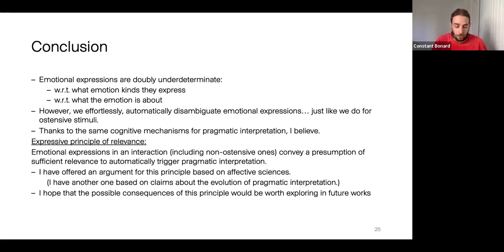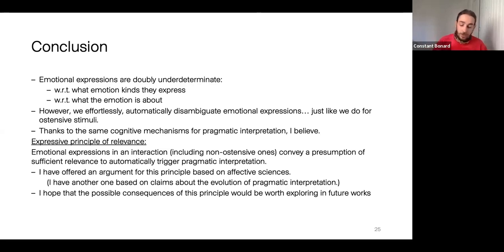I reached the conclusion, which is just a recap. Emotional expressions are doubly underdetermined with respect to what emotion kinds they express and with respect to what the emotion is about. However, we effortlessly, automatically disambiguate emotional expressions. And I would say, just like we do for ostensive stimuli, thanks to the same cognitive mechanisms for pragmatic interpretation, I believe. And this leads me to the proposal that emotional expressions in an interaction, including non-ostensive ones, and in particular,